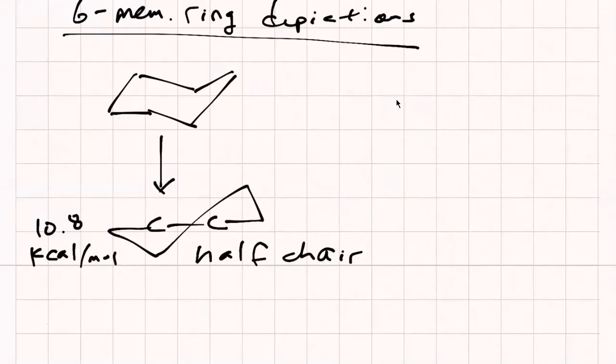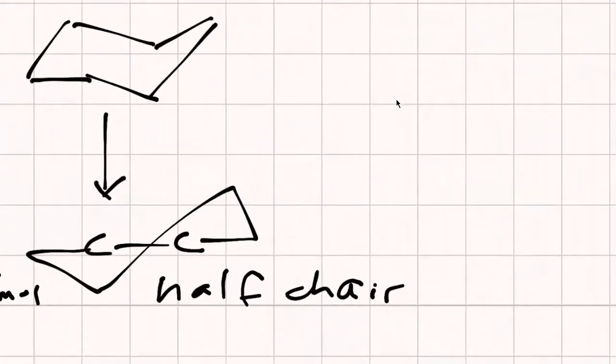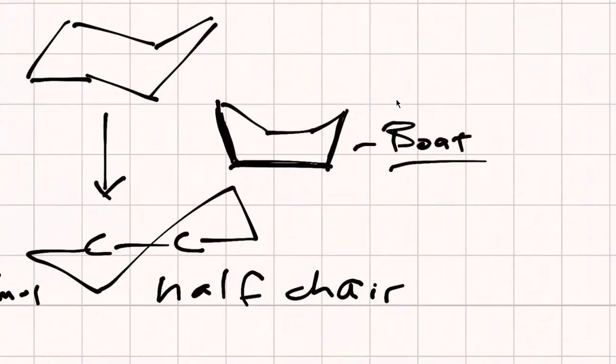bolt conformation, which looks like this, where both of those ends of that cyclohexane ring are pointed in an axial direction. All right, so this will be considered a bolt, which is the least stable conformation for the 6-member ring, right? And then you can also have